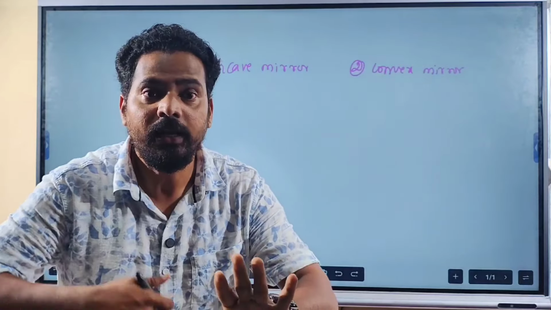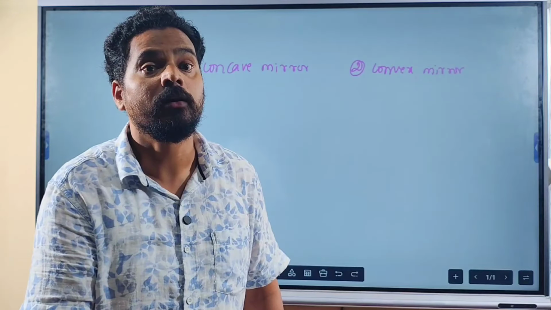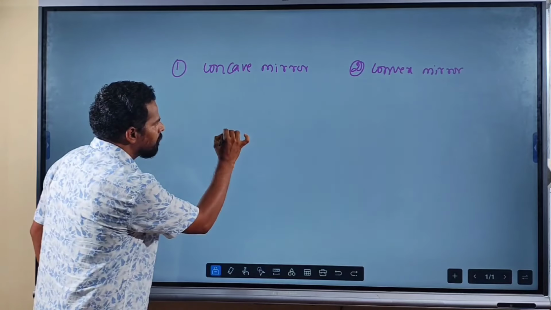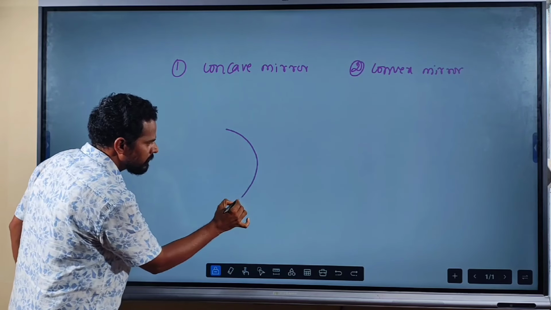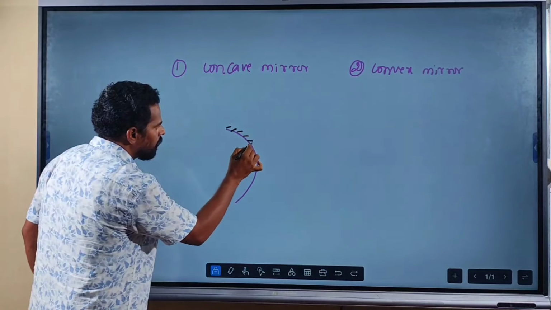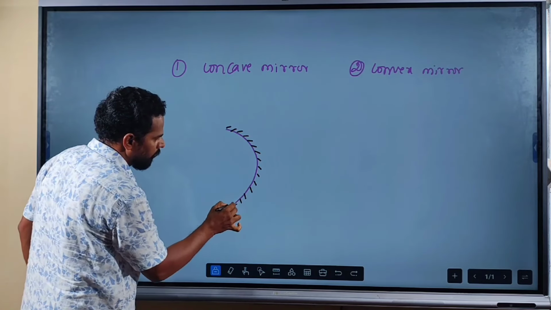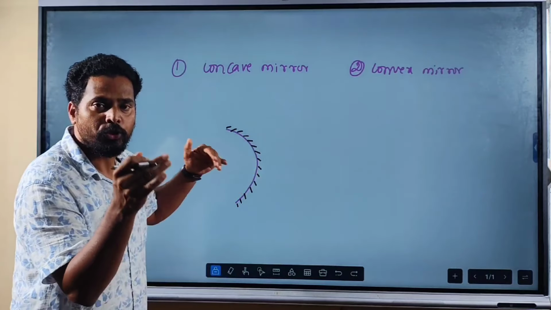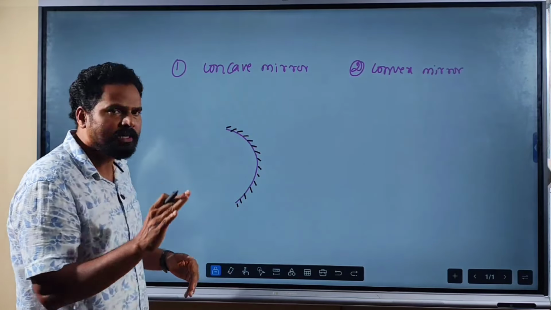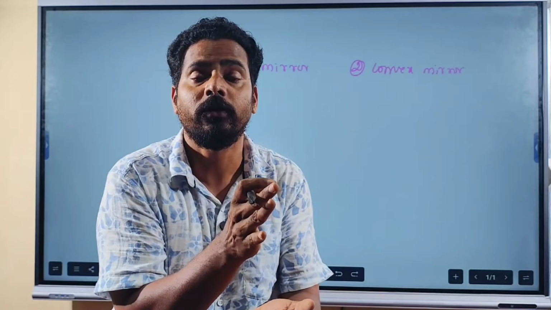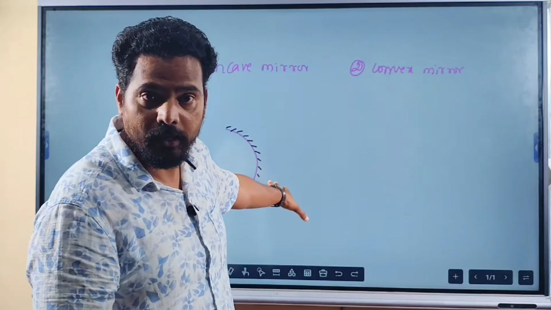Right? So how the reflection happens here is important. Look at this concave mirror: the mirror whose reflecting surface is curved inwards. So this is the back of the mirror. Now, what kind of reflection happens here? Before understanding the reflection of light through the spherical mirror,